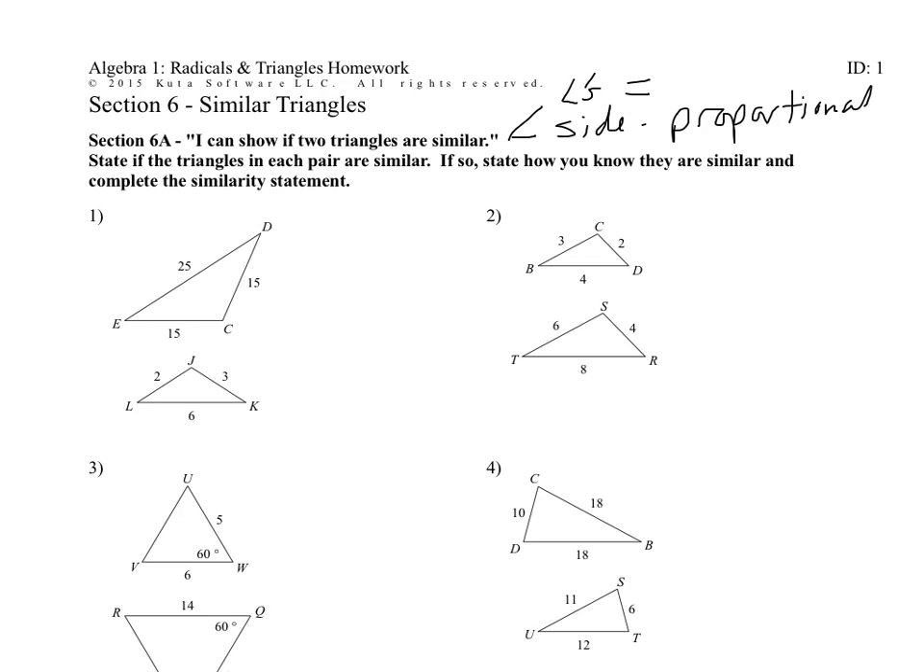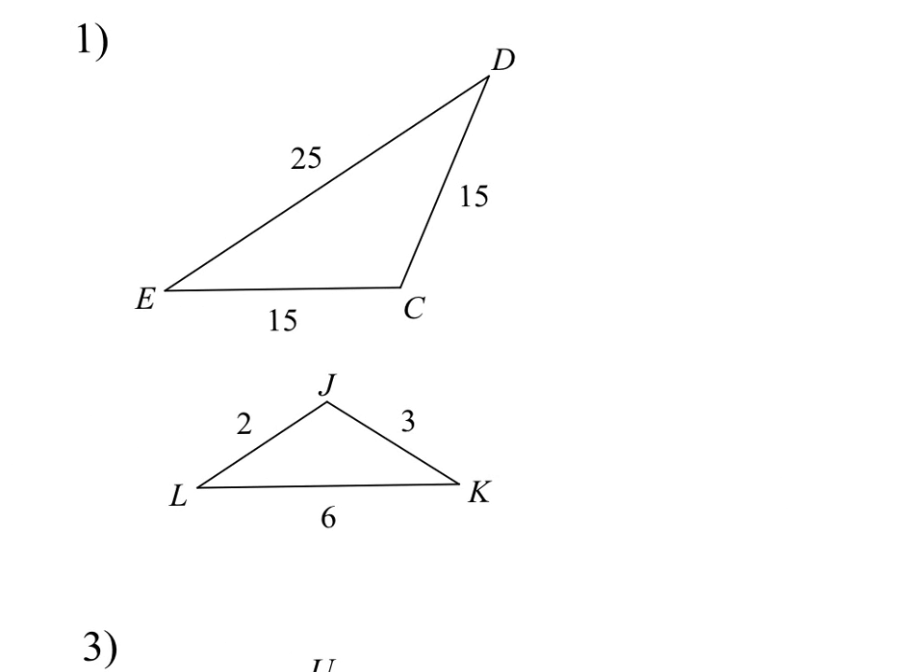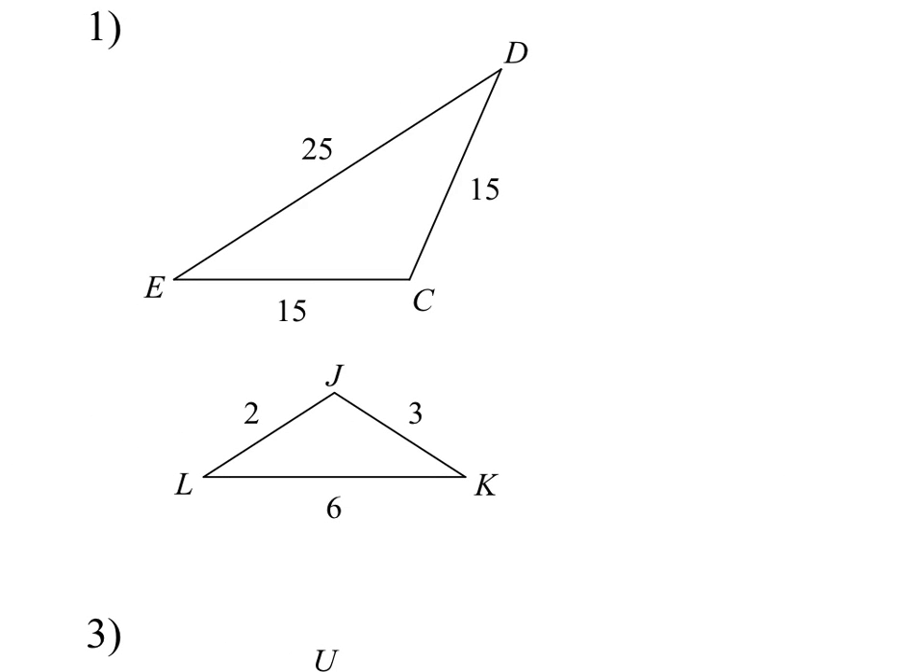So number one, if we look at this one specifically, we have a couple of decisions to make. Most importantly is to know what sides you think correspond to the sides of each triangle. So if I look at 25, I want to make a fraction with 25 over the side in the other triangle that corresponds to it. Now I notice that 25 is the longest, so it must go with 6. And then if I go to the 15,